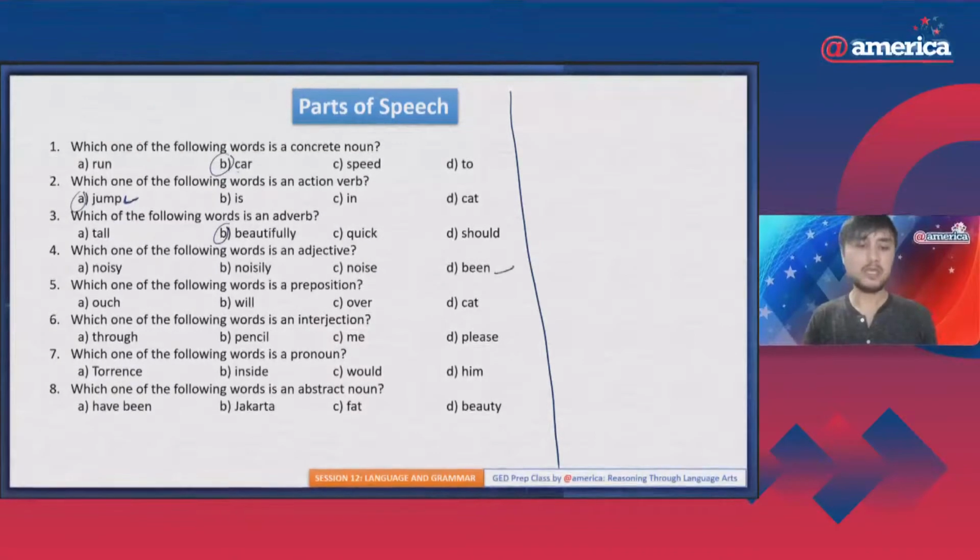"Been" is not an adjective. "Been" is actually a verb, the past participle form of the to-be verbs. You have am, is, are and be. They change to was and were in the past, and the past participle form of was and were is